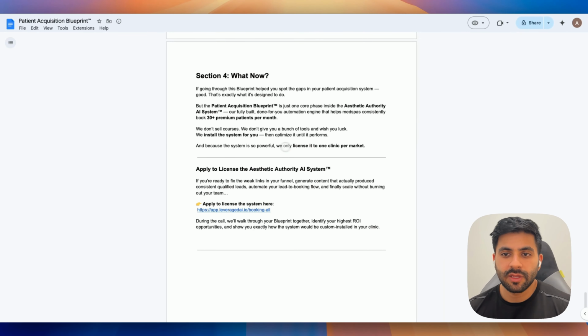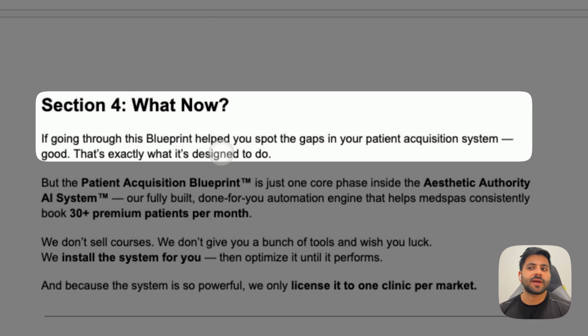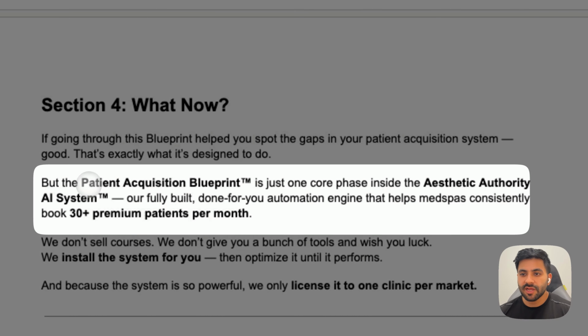Okay, so what now? If you're going through this blueprint and you're spotting gaps, you're like, oh shoot, I have that in my MedSpa as well, in your patient acquisition system, good. That's exactly what this whole video and document was designed to do. It was designed to show you where the gaps are and what you should be following to fix it. Right? But the patient acquisition blueprint is just one core phase inside what we call the Aesthetic Authority AI system. It's a fully built, done-for-you automation engine and growth procedure that helps MedSpas consistently book at least 30 more premium